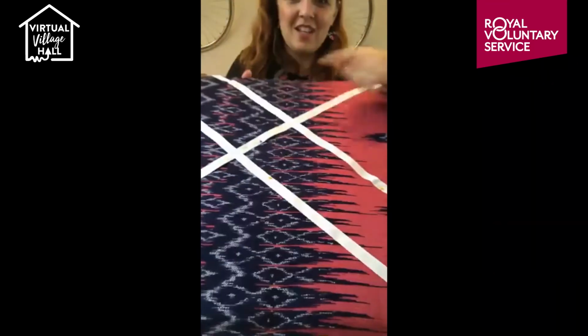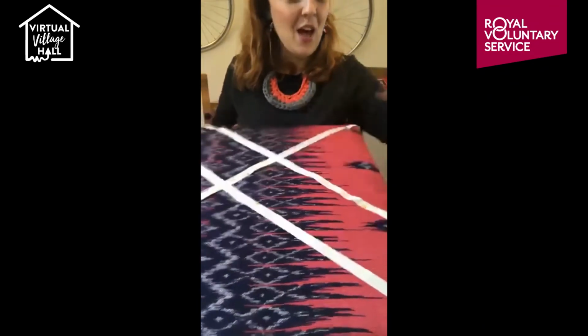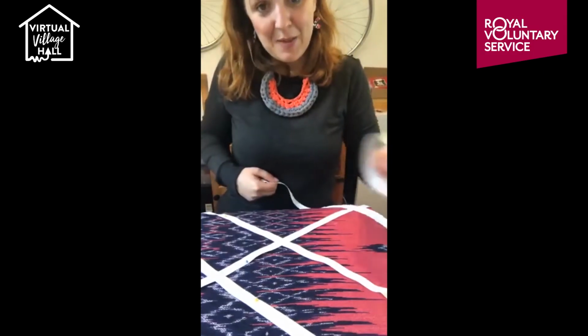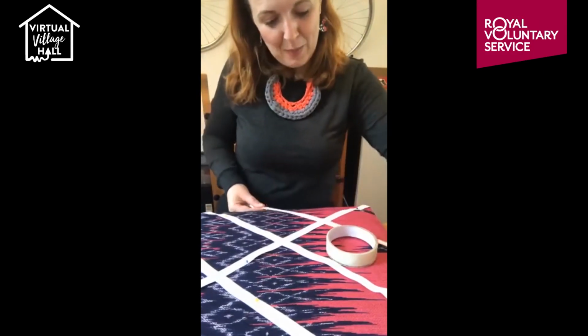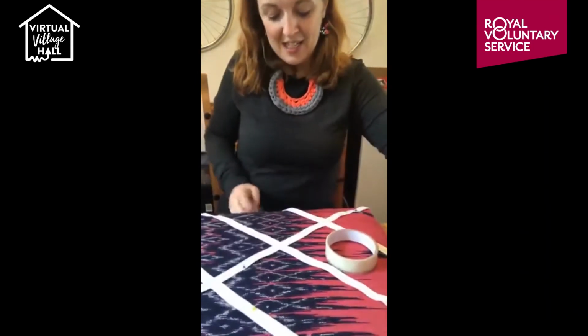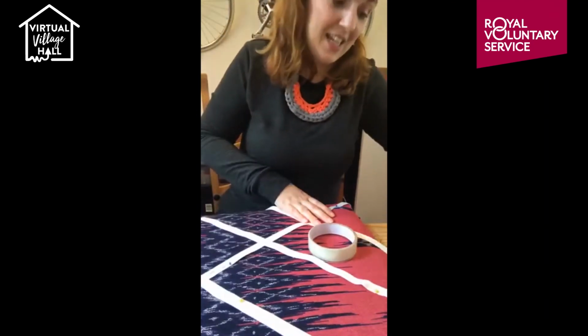Alright, so you can see that one's 10 centimetres here and 10 centimetres there. And then if I was to do another one, I would leave another 10 centimetres, or in my case, a sellotape, popping that in position by here, leaving a tail on this end, leaving a tail on that end, cutting it again,